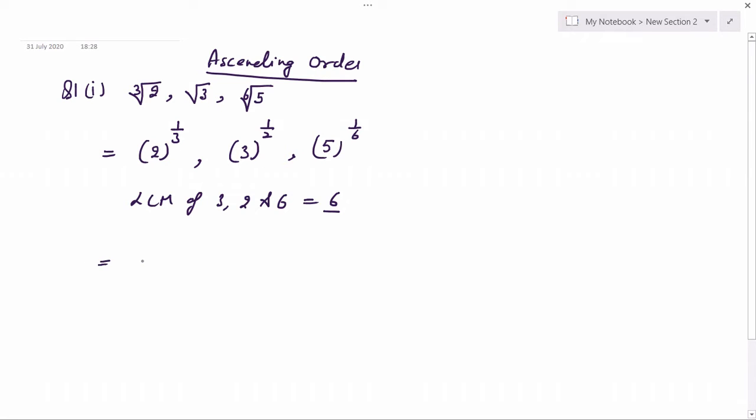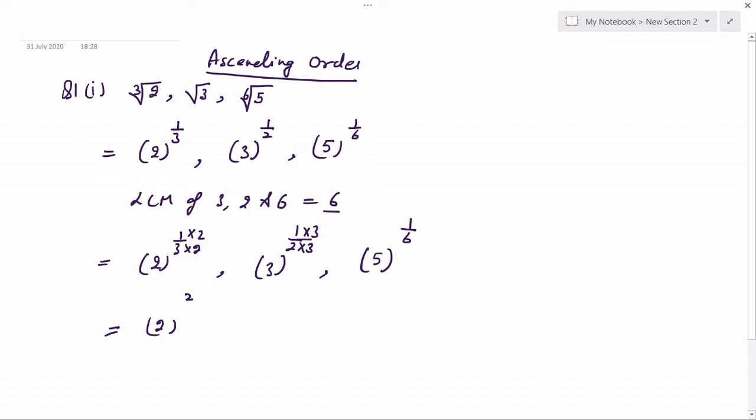So what I have to do to make this to a 6th root, you have to multiply this denominator by 2 as well as the numerator also by 2 to make this denominator to be 6. Then if I multiply this denominator by 2, then this number will convert into a 6th root form, right? In the same way 3 raised to power 1 by 2. Now you have to make this 2 to be a 6. So multiply by what? By 3. So now it will become 3 upon 6, right? In the next number, this is 1 upon 6. Then it is already in the 6th root, so there is no need to multiply its numerator and denominator.